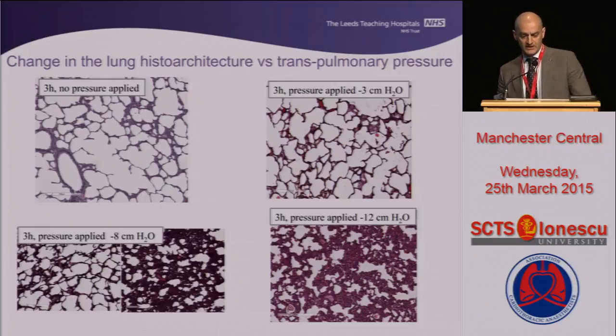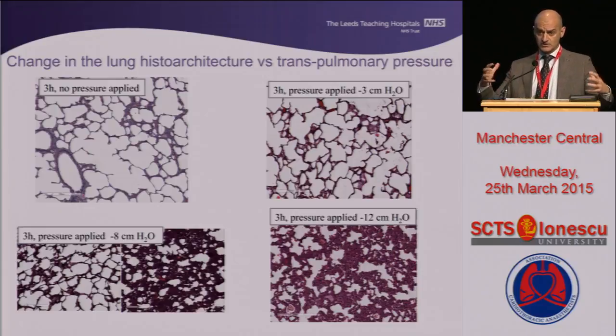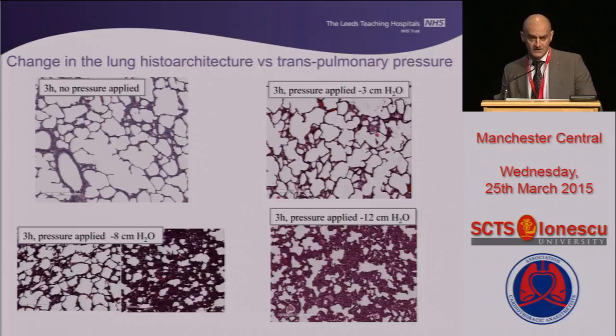You see that by changing the transpulmonary pressure, the negative pressure, and we are talking about rabbits here, there is an increased incidence of pulmonary edema or interstitial edema because of overstretching and damage of the pulmonary vessels and matrix. So negative pressure and intrapleural pressure may have a profound effect on the healing of the